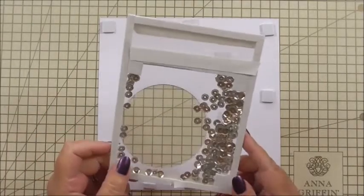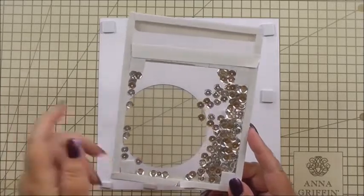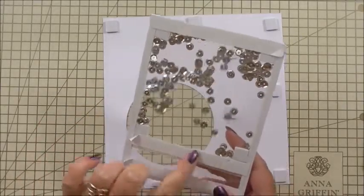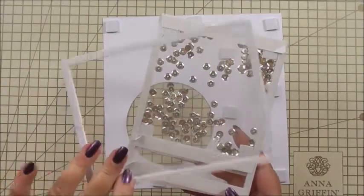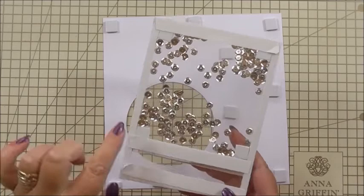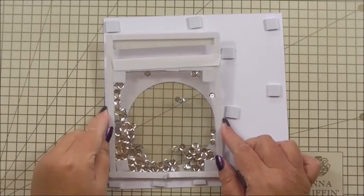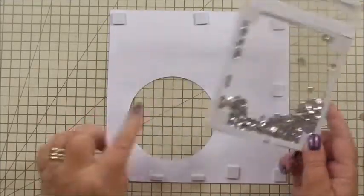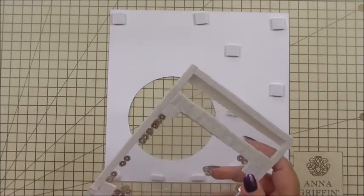So what I've done is you get the acetate and this section, if you were lucky enough to get it. I've added silver sequins, and then I've added some extra foam because I didn't want it the full size of the actual panel. I wasn't going to cut it down because I didn't want to lose the sticky edge, but I've added a row of foam and my sequins, and then I've added the extra acetate. Now mine is going to fit here, so because I want all the shaky bit in this aperture that I've cut. Don't forget, at the moment we're working from the back of the actual